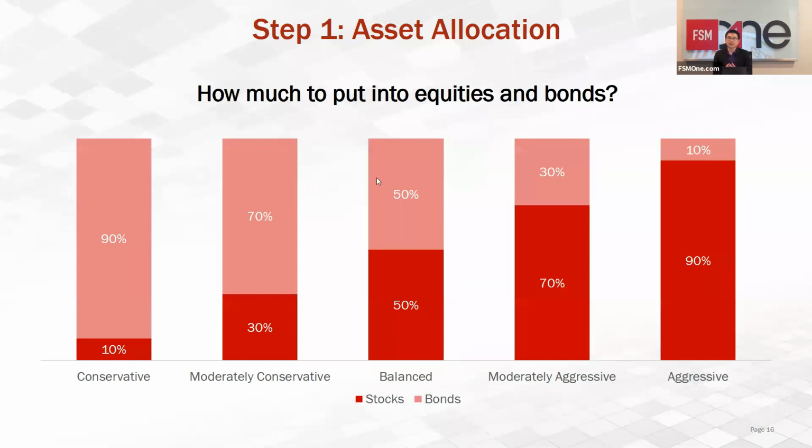For those of you who are not familiar with what asset allocation means, at this particular step, the investor has to decide what asset classes he or she wants to be invested in, and also in what proportions the investor wants to invest in all these different asset classes. So in this very simple example, I have used just two commonly used asset classes,